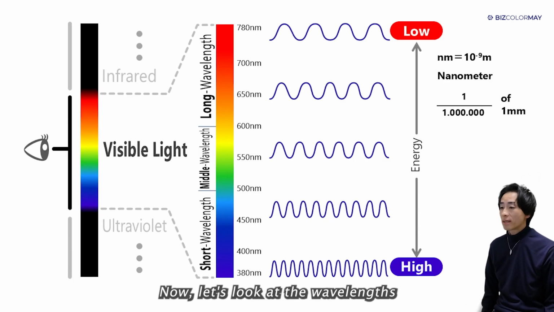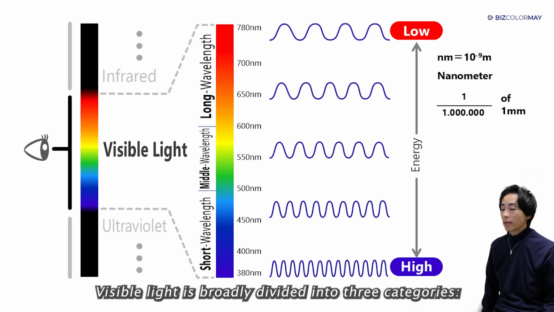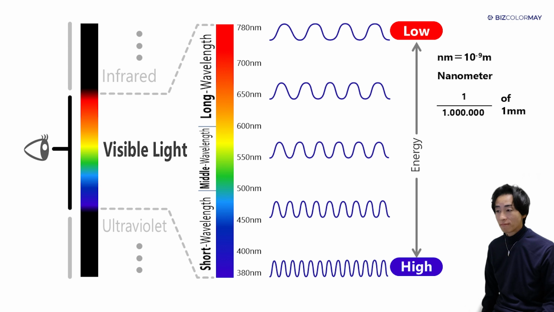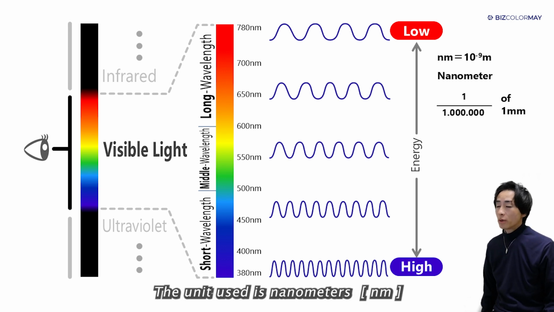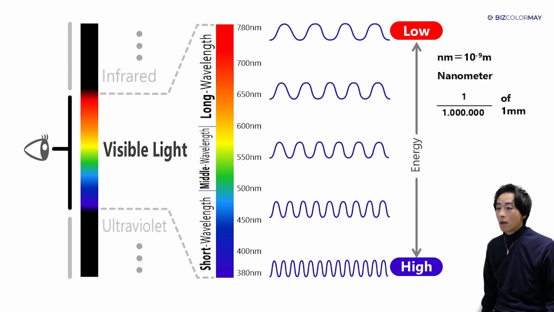Now, let's look at the wavelengths that the human eye can actually detect. Visible light is broadly divided into three categories: short, medium, and long wavelengths. The unit used is nanometers, nm, which is 1/millionth of a millimeter. Approximately